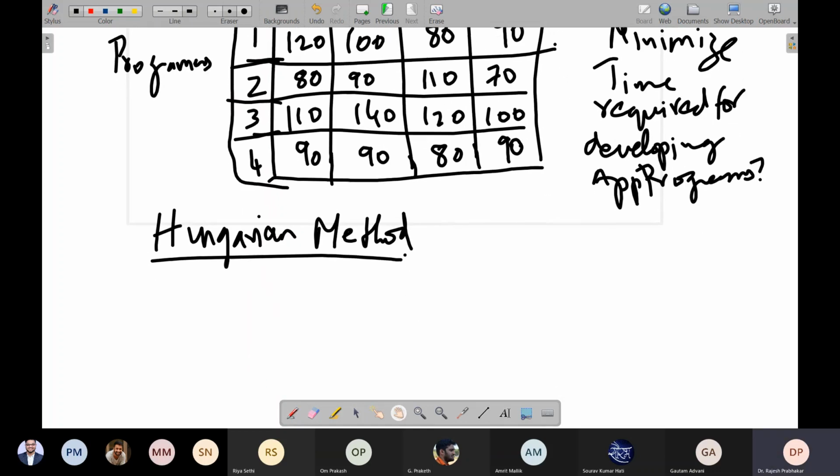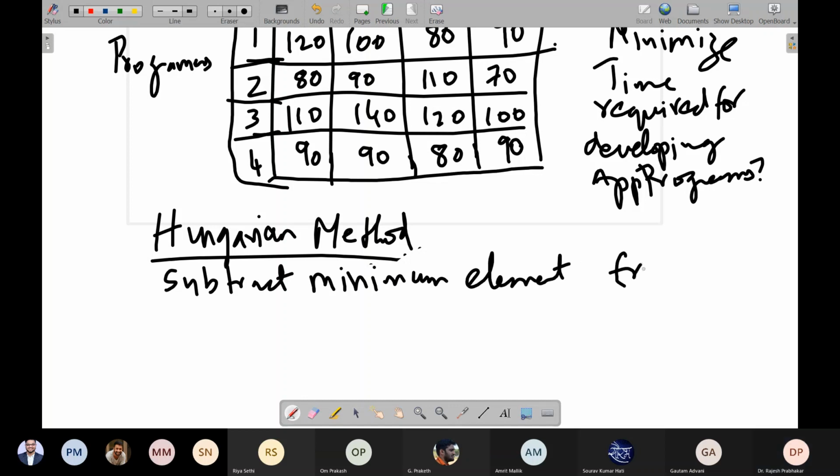So in the Hungarian method, we have to first subtract the minimum element of each row from the elements of that row.